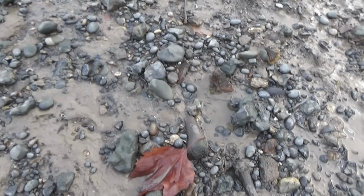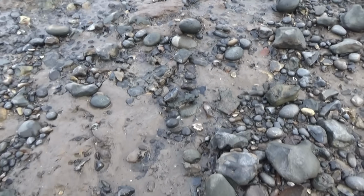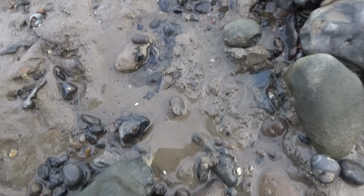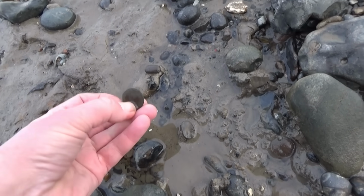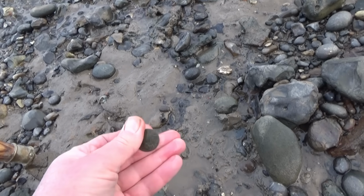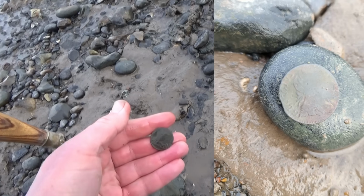Now I'm hoping that what I've just seen down here is a coin and not a stone. It's just here, look. Fingers crossed. No, that's definitely a coin. And, oh, pretty worn, but I can definitely see somebody on there, and that looks like